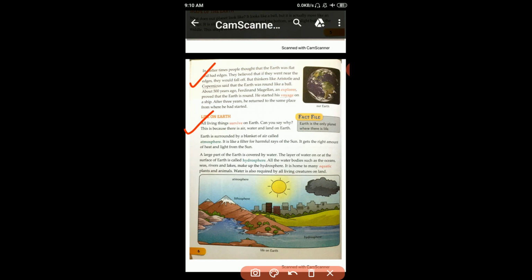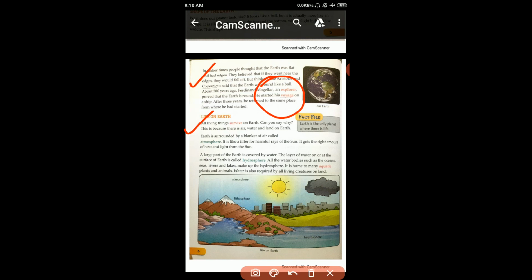Earth is surrounded by a blanket of air called atmosphere. So student, what is atmosphere?